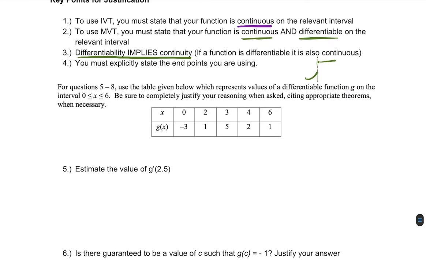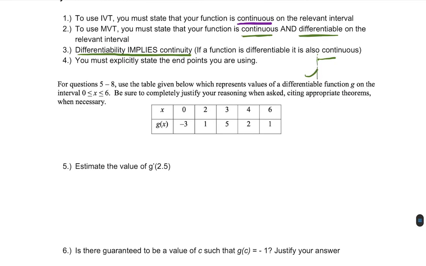So let's take a look at this in a table. First, we have values of x and g of x. And the prompt says, use the table below, which represents the values of a differentiable